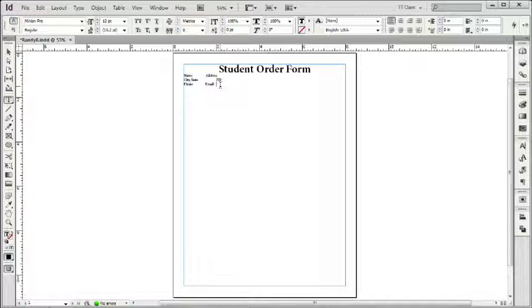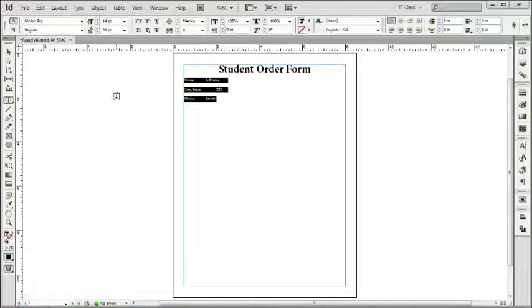And I'm going to move my cursor up and to the left so it goes to the start of the first line where it says name in that type that we want to format. Now with that all highlighted, we're going to change that type to 14 points. Just make it a little bit larger. And we're going to change the leading from the auto leading value of 16.8 for default. We're going to actually make that 30-point type. And as we do so, that'll give us extra room so respondents can actually write in that information on the